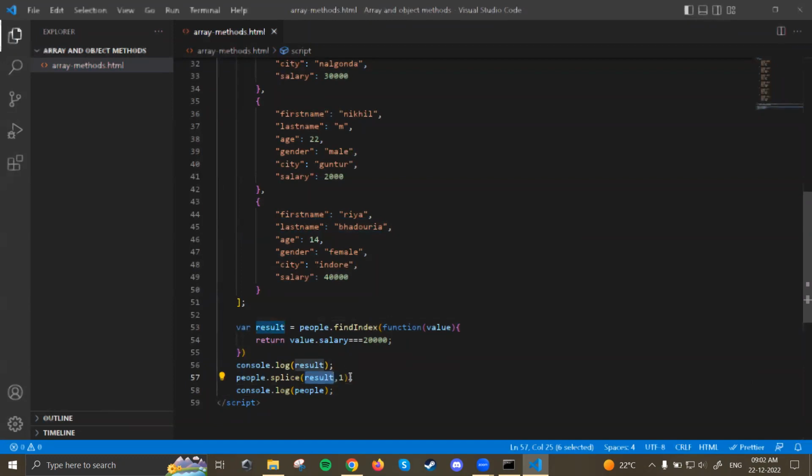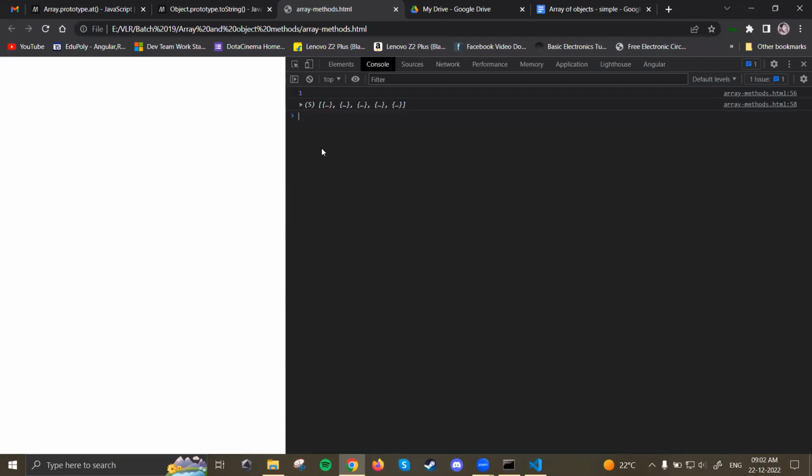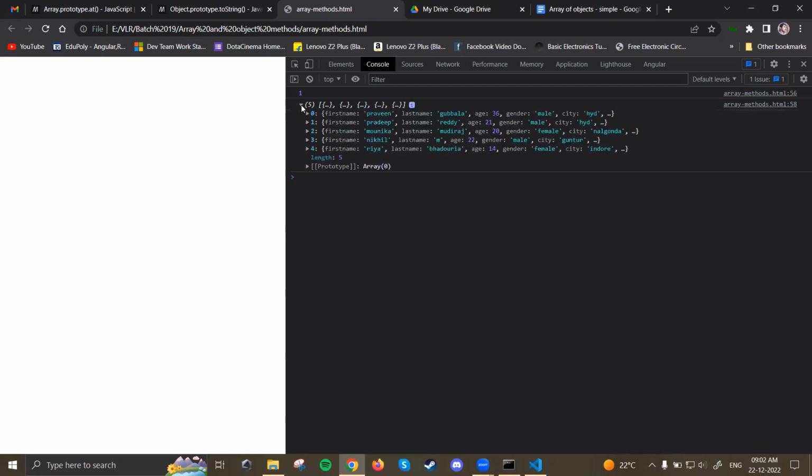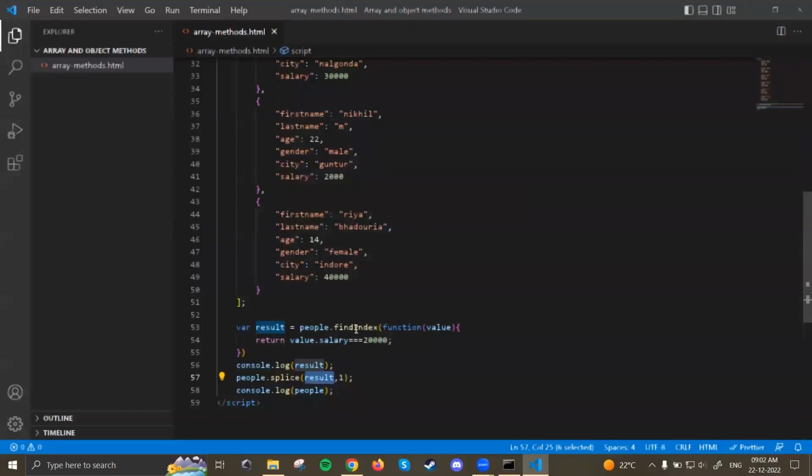So from index one it will remove one element. So Srikant got removed from here. Can you see? So this way find index can be used. Whoever has salary 20,000, delete it. Whoever has this surname, delete that object. Whoever has first name as, so you want to remove a user